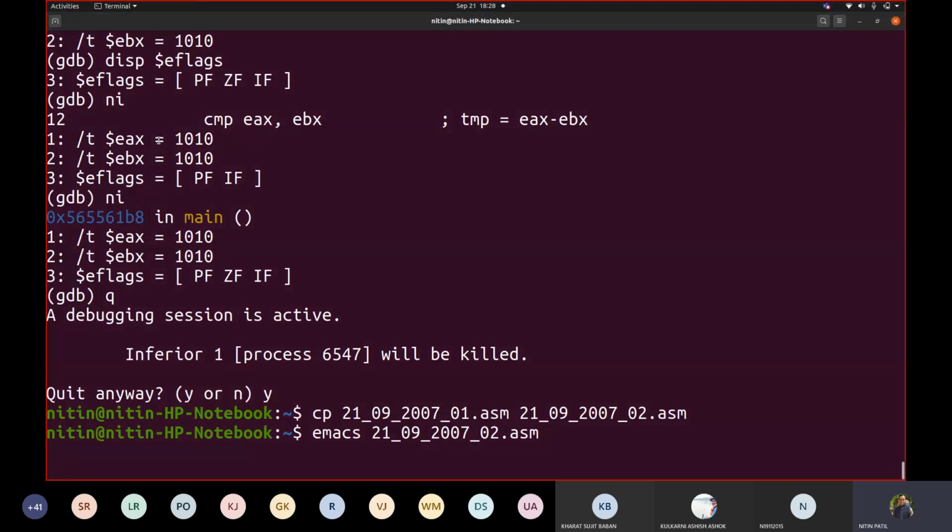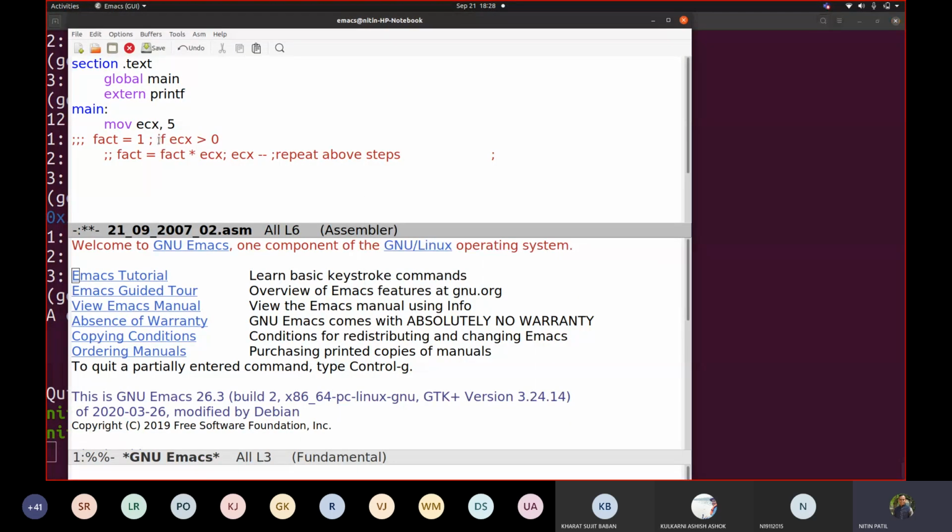So if I have a register that I am taking, I am saying EAX is 1. Fine. Now we have to multiply with ECX. Then decrement ECX, so we are decrementing the value by 1. You can write subtract ECX comma 1, that also will work, but it would be better to write decrement ECX.